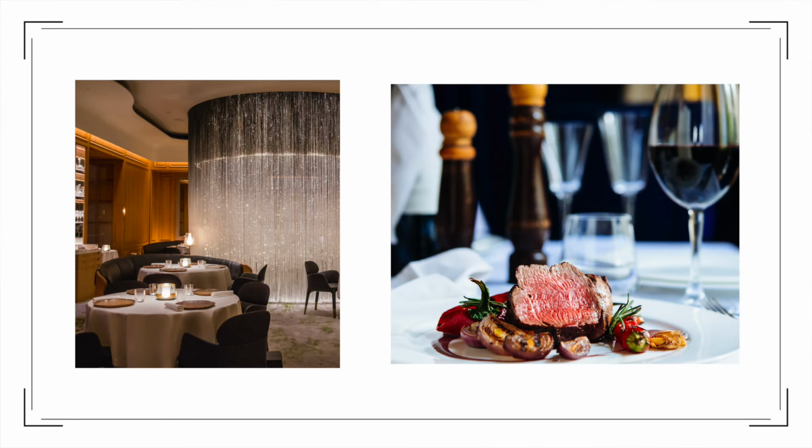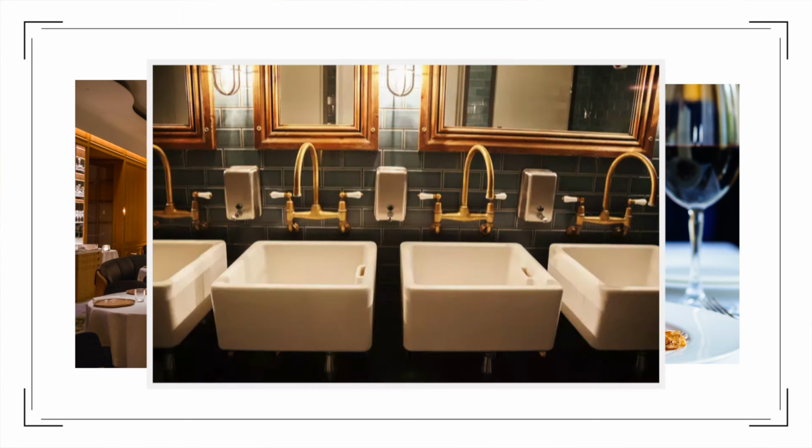You go to Prime Rib, you go to Capital Grille, you go to a Michelin-starred restaurant, right? They always have the really fancy faucets and you're like, oh my gosh, being in this bathroom is just as good as sitting at the table with my $300 steak, right? Maybe that's just me. But when you go to these nice restaurants, they have the really nice faucets, they have the really beautiful bathrooms, and a really good way to elevate your space without breaking the bank is to switch